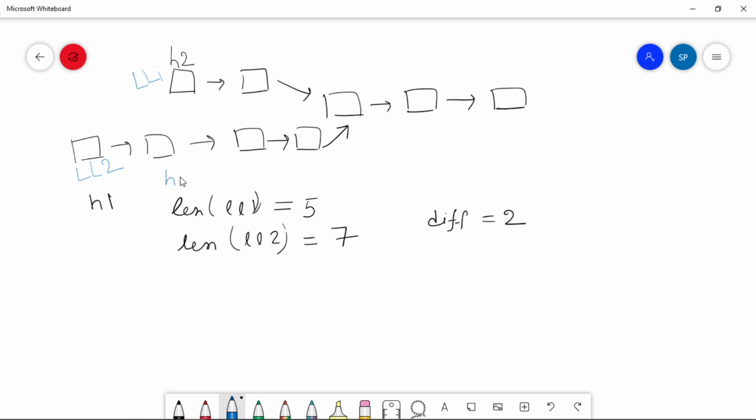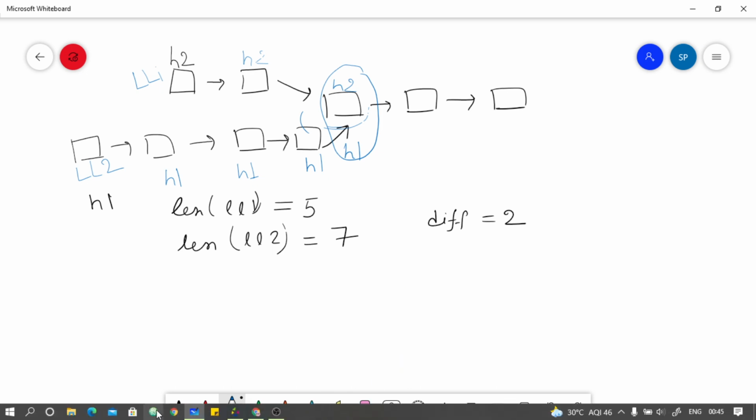So now h1 is here, 1 step and 2 steps. Then in each step we'll move forward h1 and h2 by 1 step until they find one place where both nodes meet. In the first step, h2 goes here and h1 goes here, and in the next loop h2 is here and h1 is here. So this is our merge point, and we will return the address of this node.